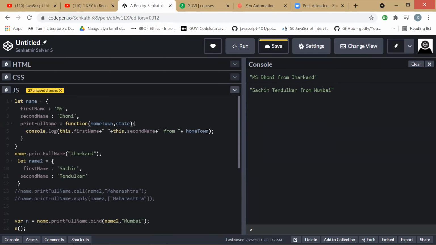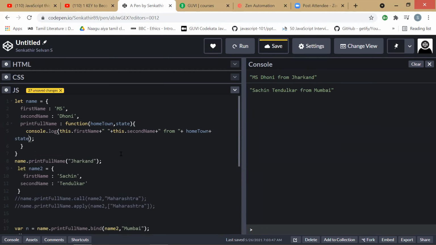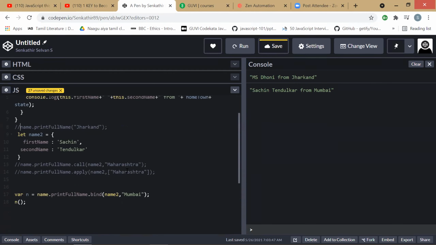Here we have given hometown, and we'll just add the state here. Mumbai is the city, the hometown, and Maharashtra is the state.